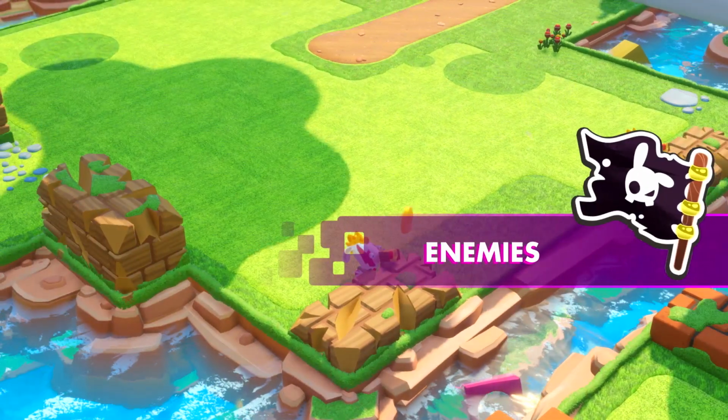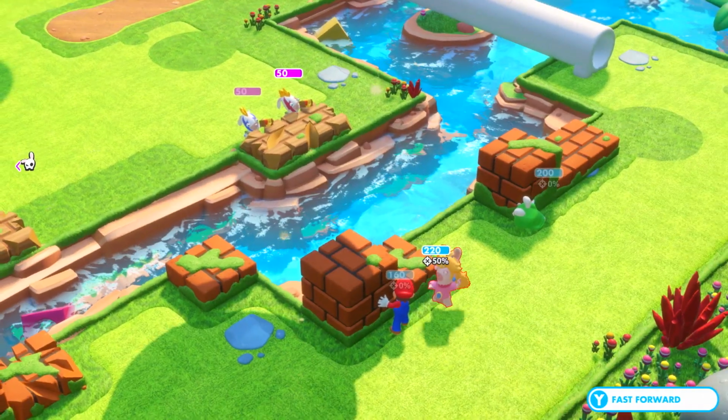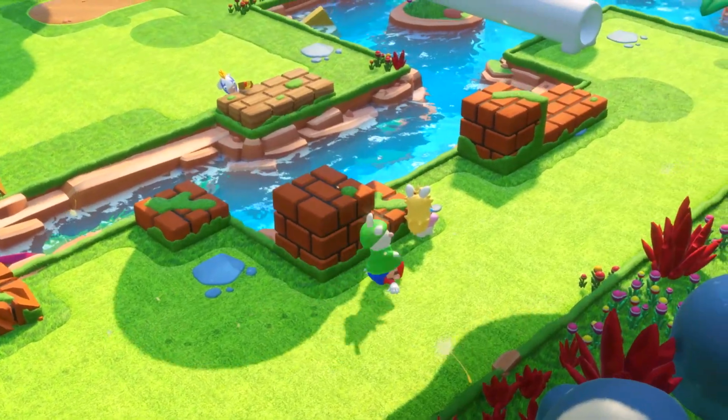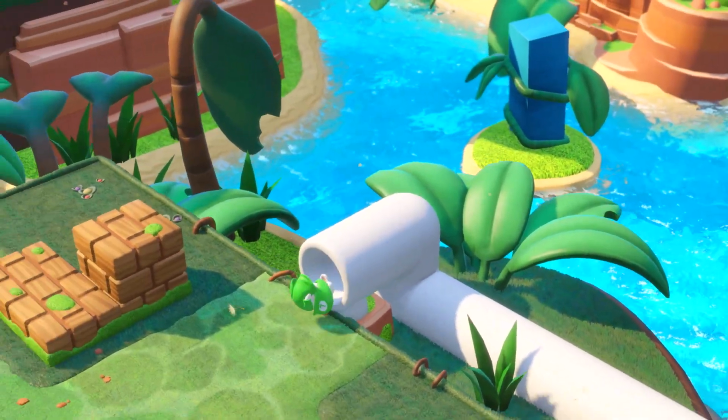Combat is turn-based, but moves at a quick pace as characters can cover a lot of ground and perform multiple actions in a single turn. Clicking on a teammate within movement range allows you to jump off that character, effectively doubling your movement range. Likewise, you can dive into pipes, which can transport you to higher ground, behind your enemy, or clear to another